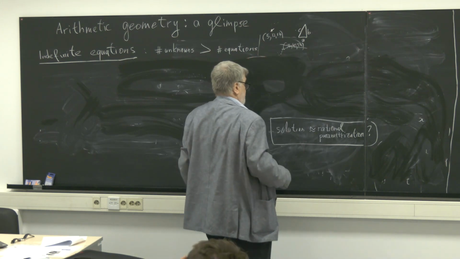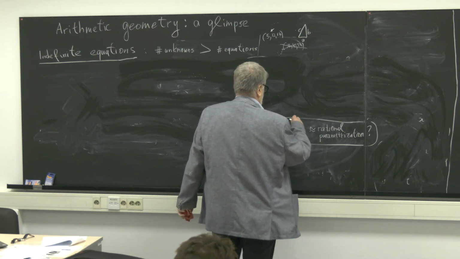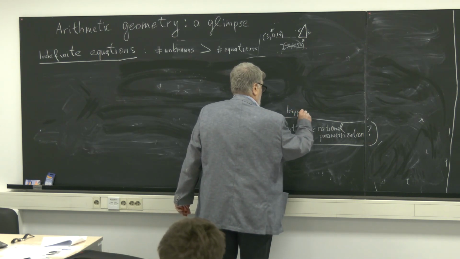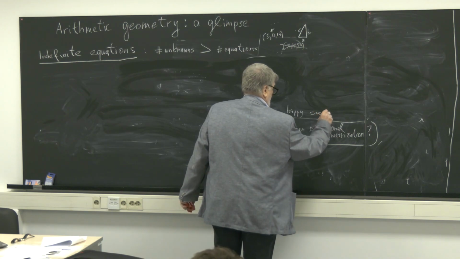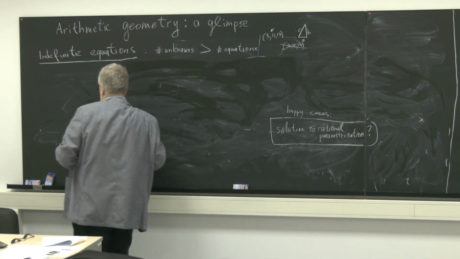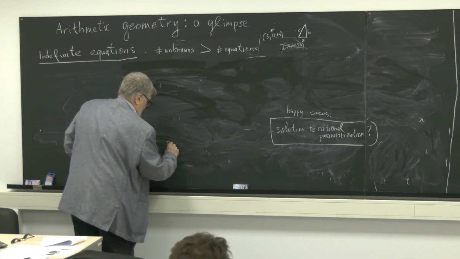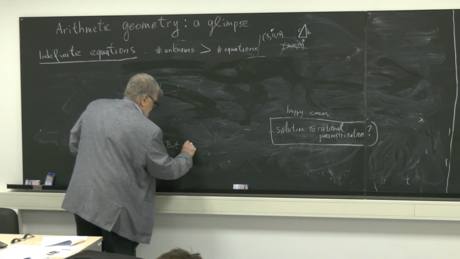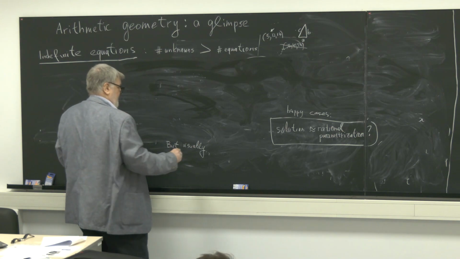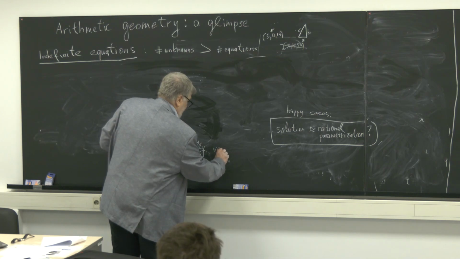So, these are some happy cases when such a parameterization exists, but usually the sets, or perhaps since I'm writing something professional, the varieties,